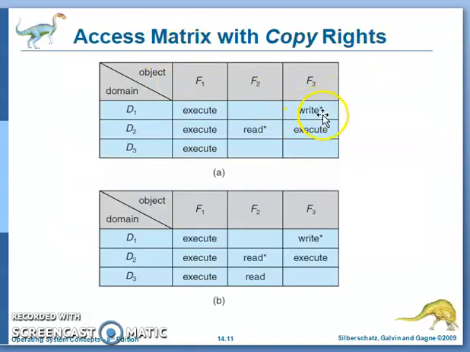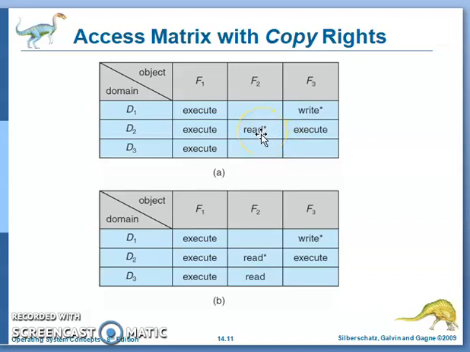Now the copy operation, that is represented with the asterisk. What is the meaning of the copy? Now the first one, see this example. The process executing in D1 can perform execute operation on F1 and write operation on F3. Only these 2 operations. Write star means copy this particular write operation in the column. In the column means you can copy this write operation here or here. Suppose you copy this write operation here, that means a process executing in D2 can perform the write operation on F3.